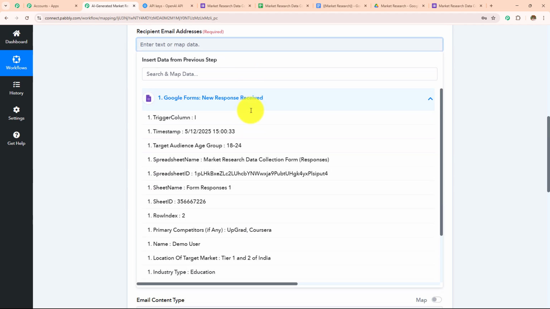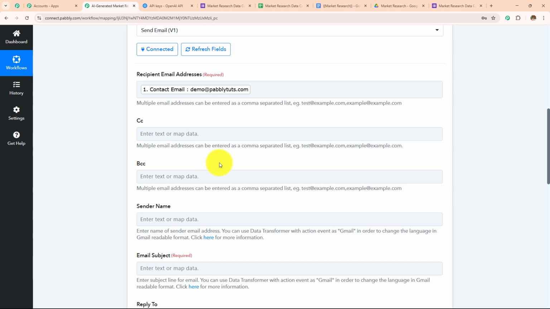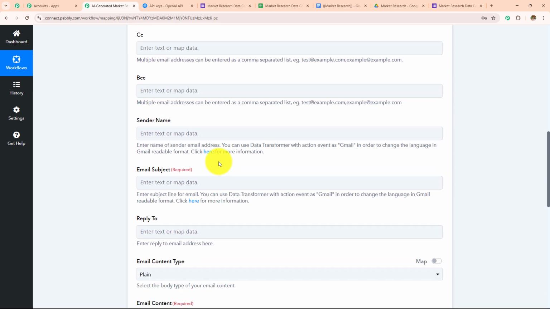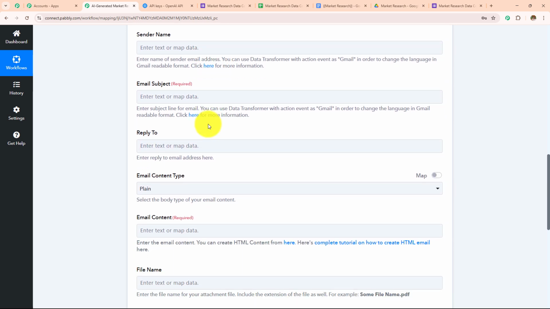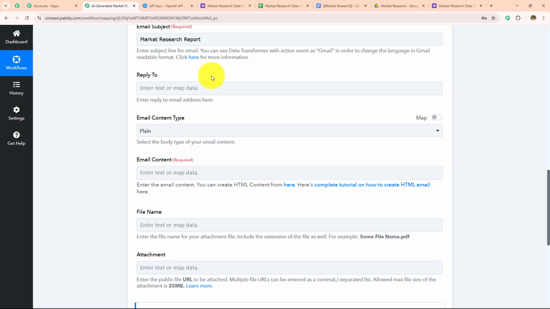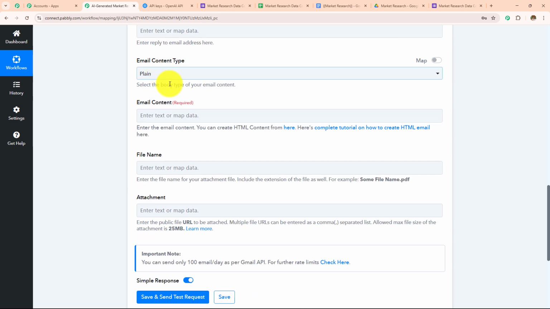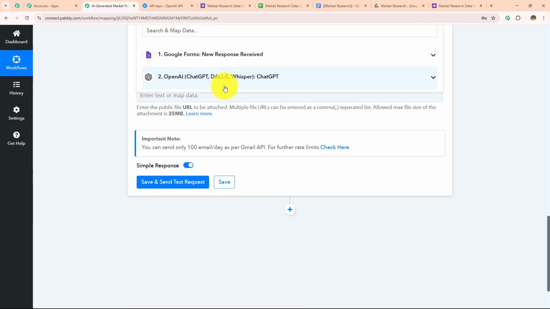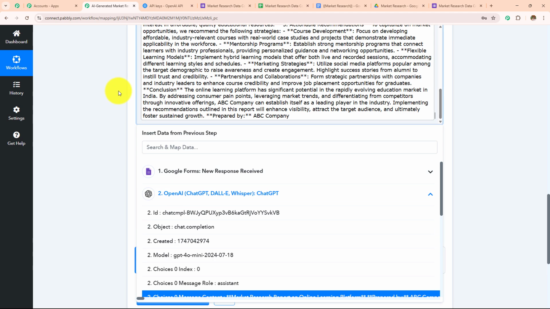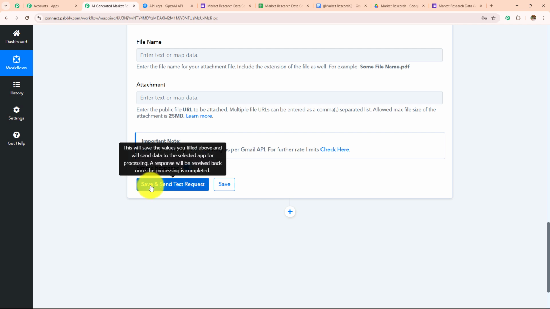Now over here I'm going to follow the same process of mapping. I'm going to map the email address of this recipient. The CC BCC fields are not required and needed, so I'm going to skip this. The sender name is also not required. I'm going to skip this. I'm going to write market research report, and then the reply to, I'm not replying to anyone, so I'm going to skip this. The email content type is plain, and then I'm going to enter the email content as this one, message content. Now the file name and attachment are not required fields, so I'm going to skip this and